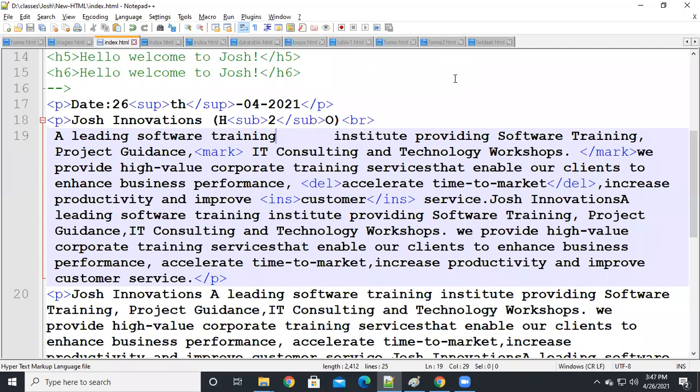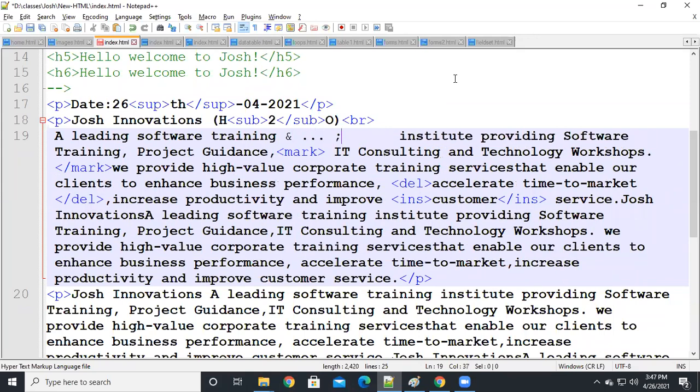So for space, we just use entities. Here we are going to use entities, guys. An entity is just like a string. It starts with an ampersand and ends with a semicolon, guys. So to integrate special characters or special symbols, we just use entities. And for a single space or for a tab space, we are going to use these entities, guys. So an entity is just like a string, starting with an ampersand and ending with a semicolon, guys.